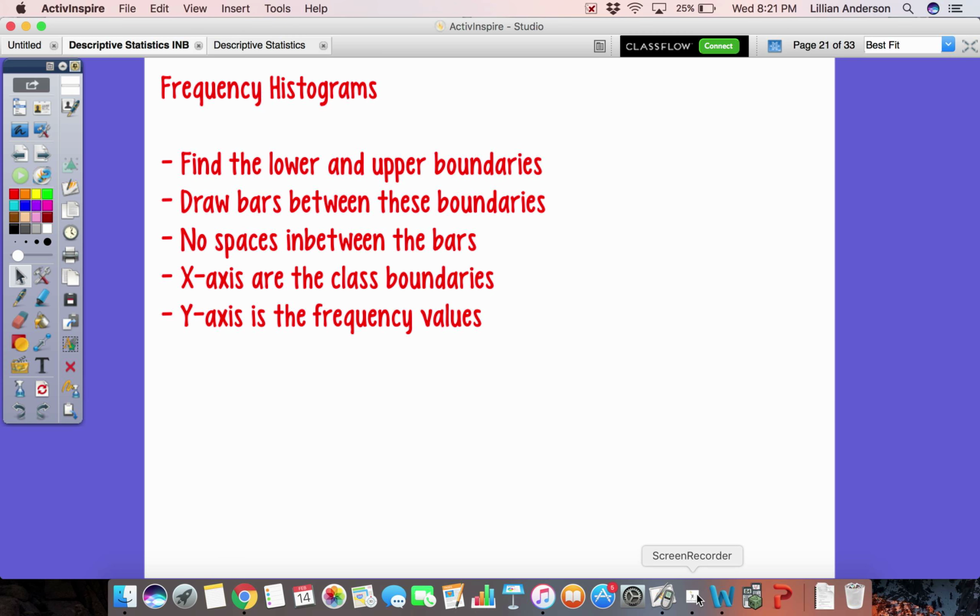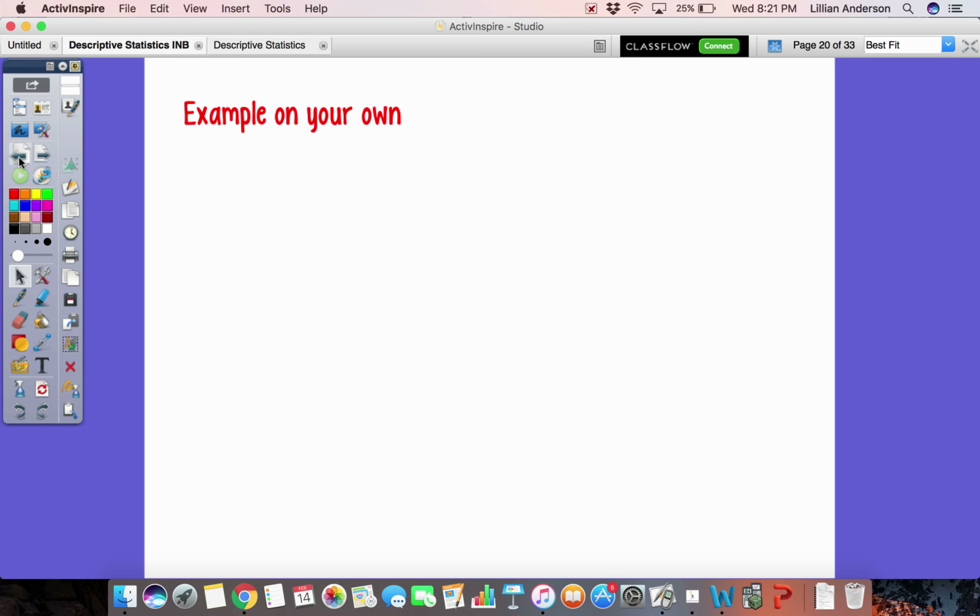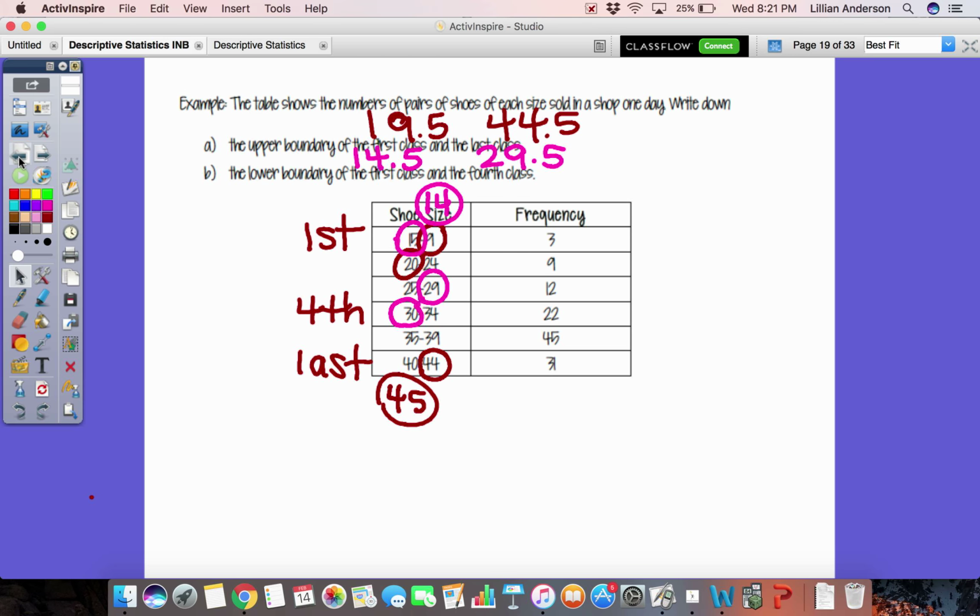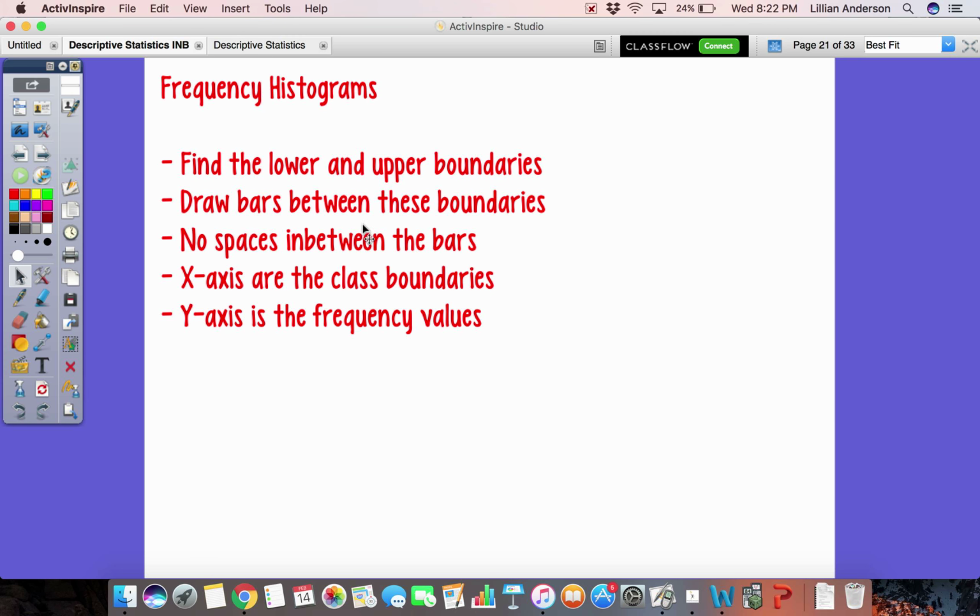So the thing is you want to find the lower and upper boundaries of each of your classes because histograms, to be honest, are normally drawn with grouped frequency tables or frequency distributions. So you want to find your lower and upper boundaries, okay? Just like how we did on this example right here from the green foldable where we found the upper boundaries of the first class and the last class. You want to find the upper and lower boundaries of each class